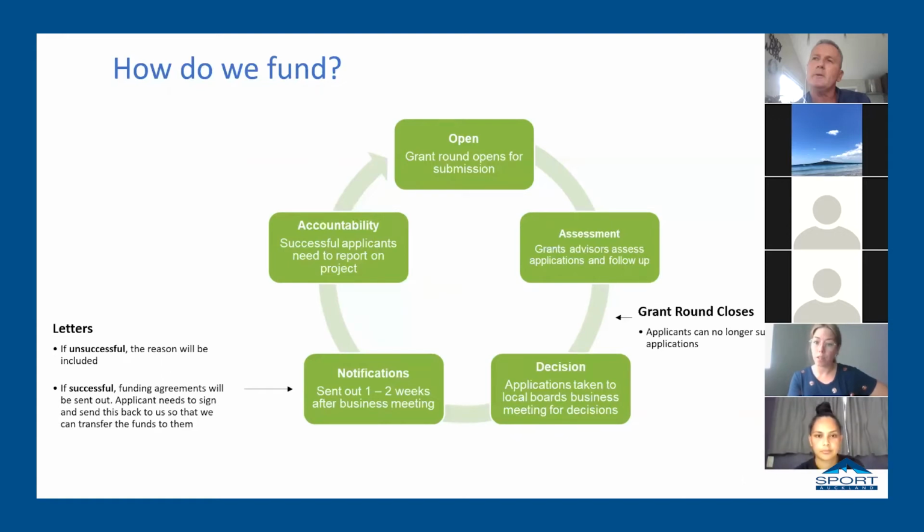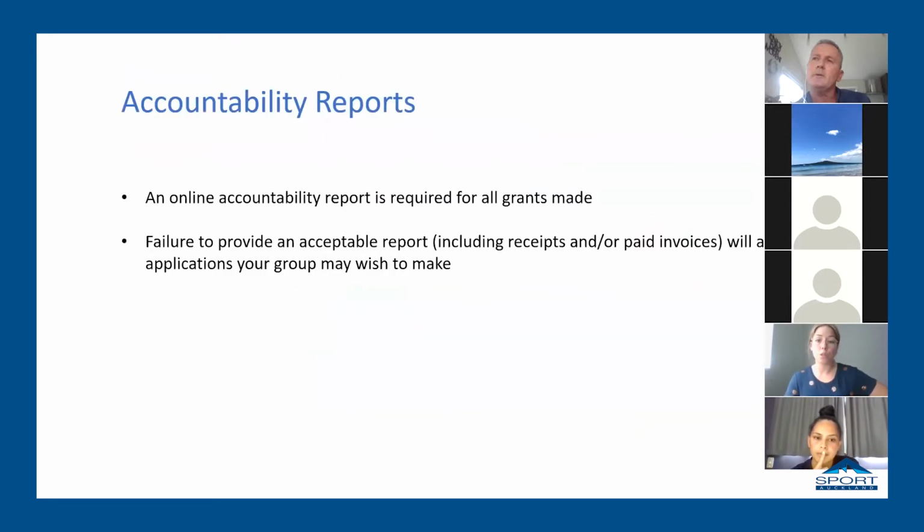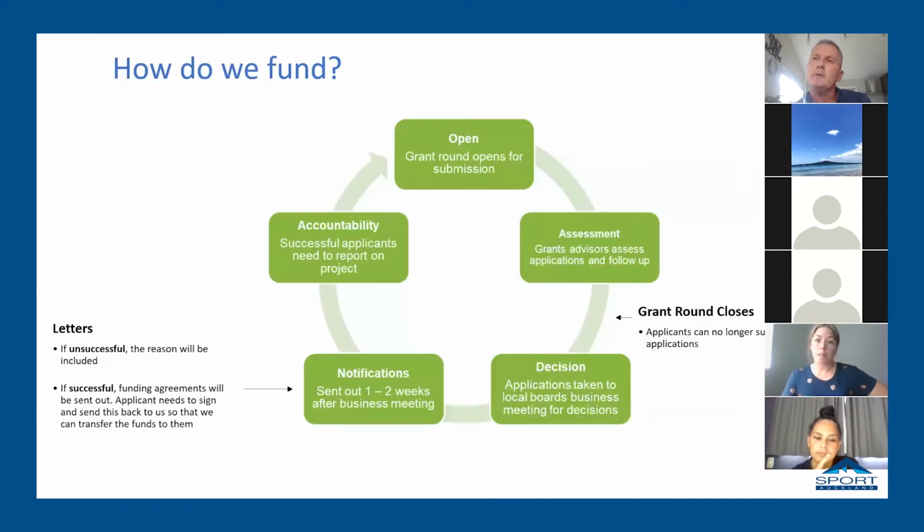You'll also go through an eligibility test. So if the dates are in line with each funding round, for example, each round, as I mentioned, has opening and closing dates, and when the project needs to start. You have to start after a specific date of that round, and these need to meet that criteria. If you are requesting funding within the given criteria, for example, local grant rounds, you can only apply up to $10,000 for some local boards. This can be different for each local board as well.